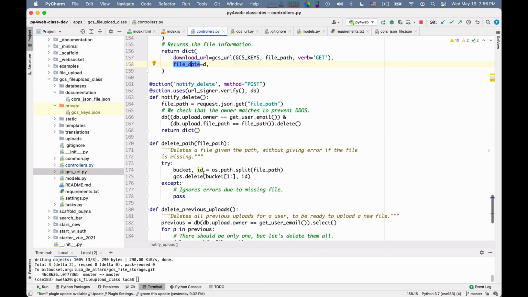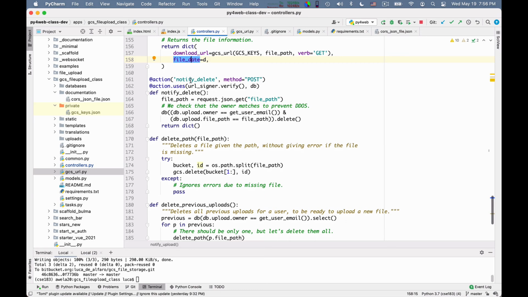So the last method is notify delete, in which I'm notified that something has been deleted. A deletion from the browser to Google Cloud Storage succeeded. And so what I do is I delete the same file from the database to mark that it's not there any longer. So this concludes the presentation of what is in the server.